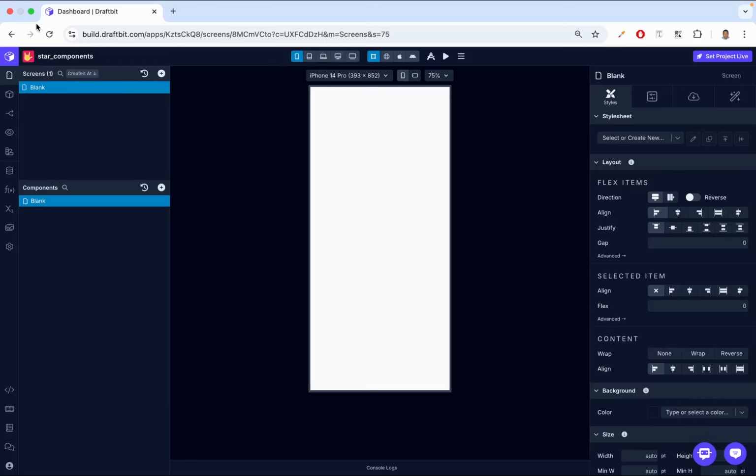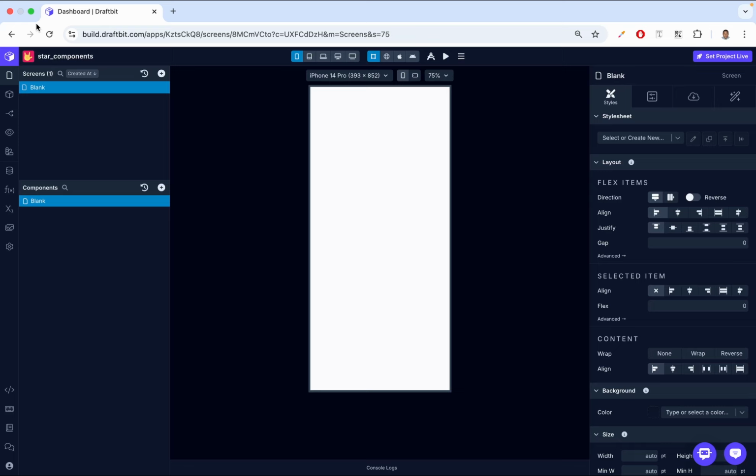This is a versatile tool for collecting and displaying measurable feedback from your app's users. Whether you're building a review system, a rating system, or simply want a dynamic visual feedback element, the star rating component has you covered. In this video, we'll break down how to use it effectively, starting with how to add it